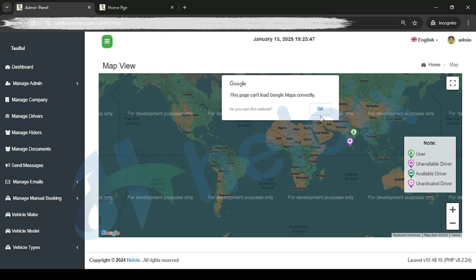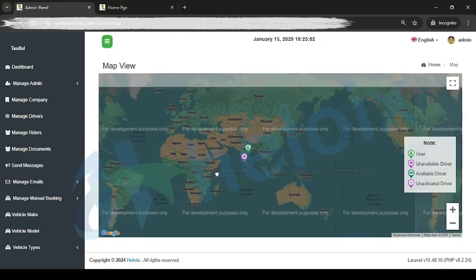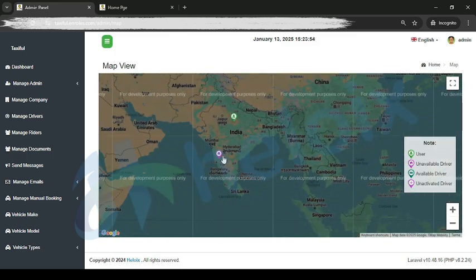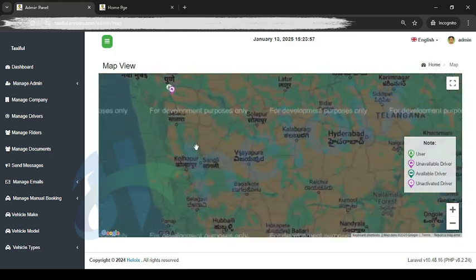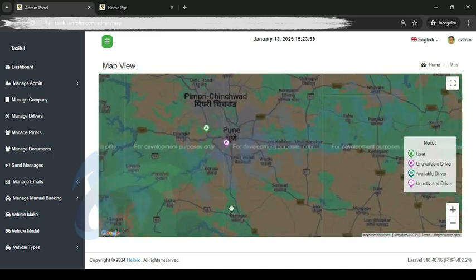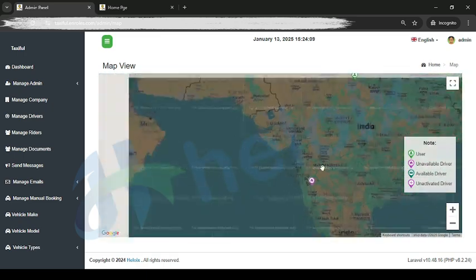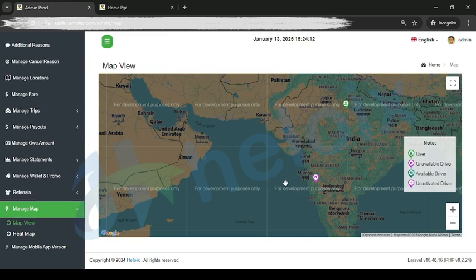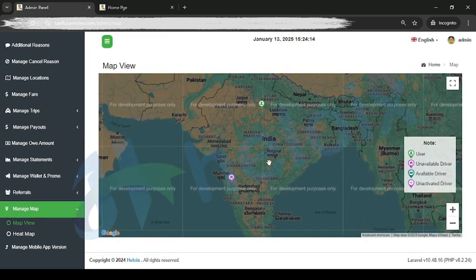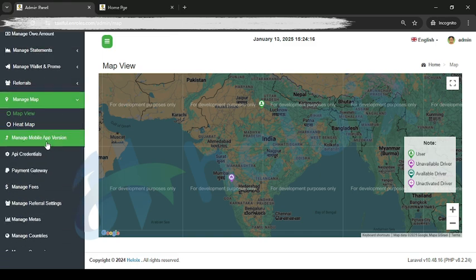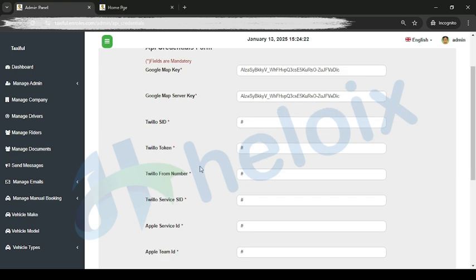So we have not set up the Google Map API. Whenever we set up the Google Map API, then you can check live location data, like how many users we have. See, in Pune we registered with 2 user logins, like one is an available driver or one is a user, so that data will come here. That type of users you can check or you can create, so automatically all data will update and it will show you live.